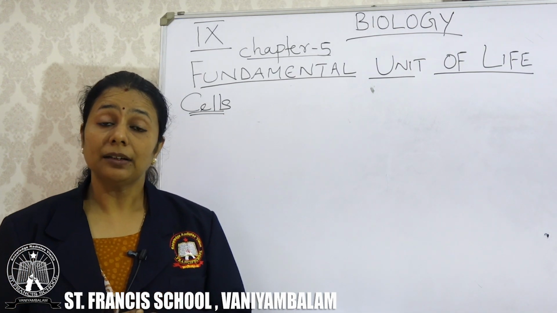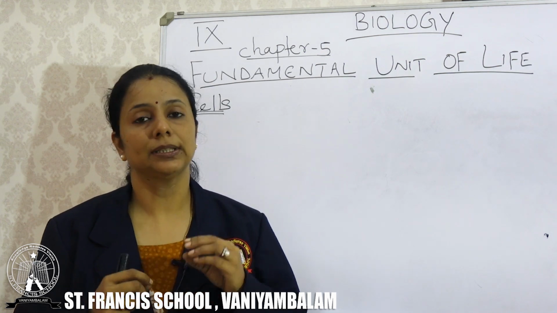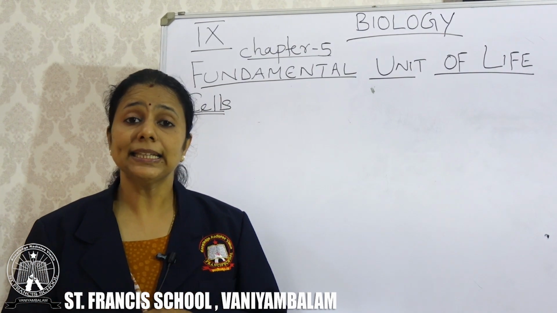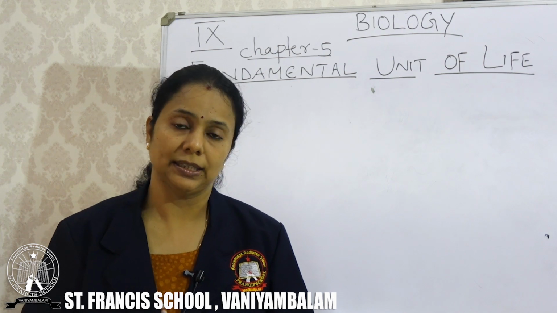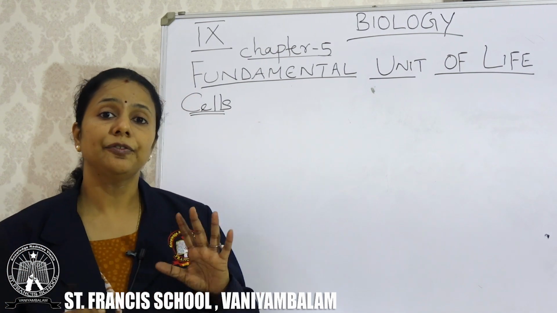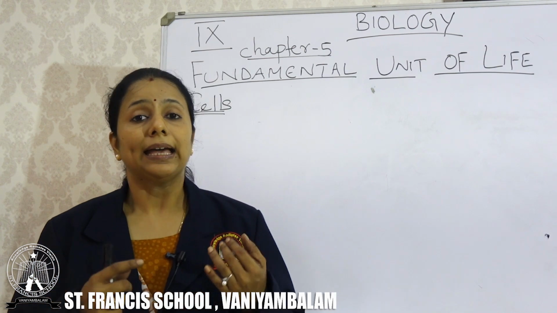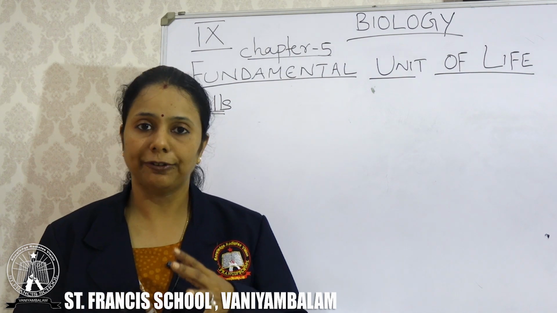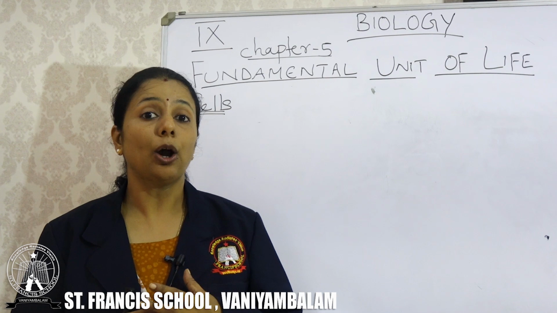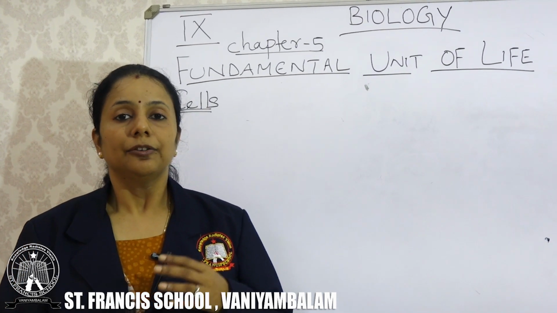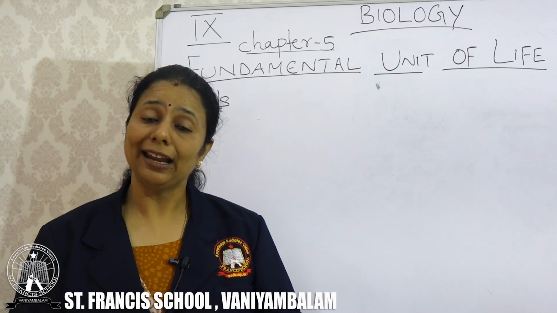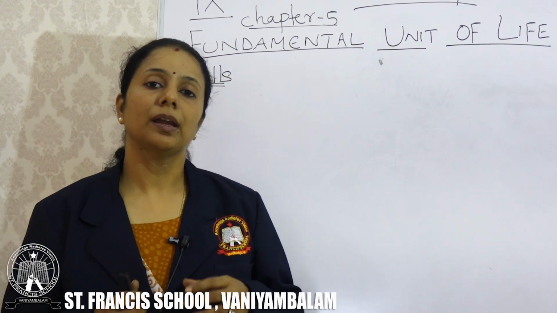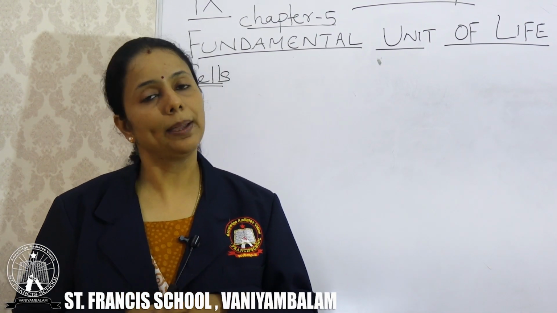Cells are microscopic, very minute things which we can see only through a microscope. We cannot see the cell with our unaided eyes. So in this lesson, we are learning about cells and the different components of cells. Inside the cell there are different structures and cell organelles. We will be learning about all these cell organelles in detail. As we are learning about cells, they can be seen only through a microscope.